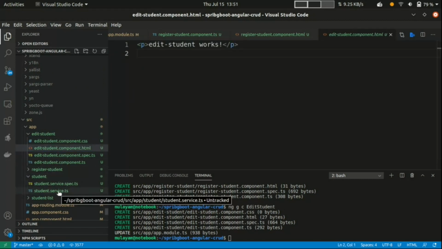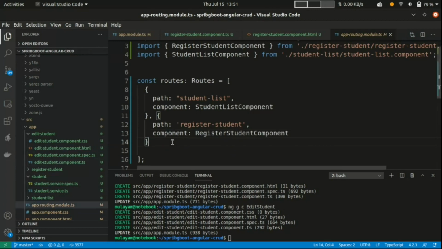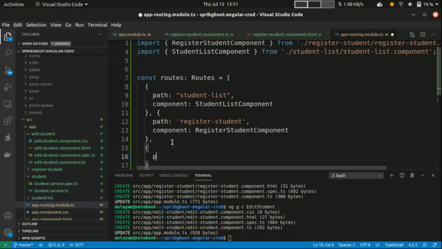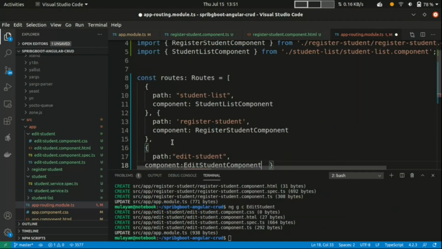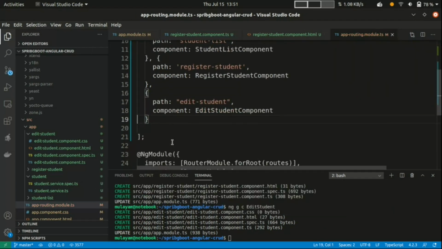Before that, let's add a routing, one path, edit-student, and component EditStudentComponent. That's it.